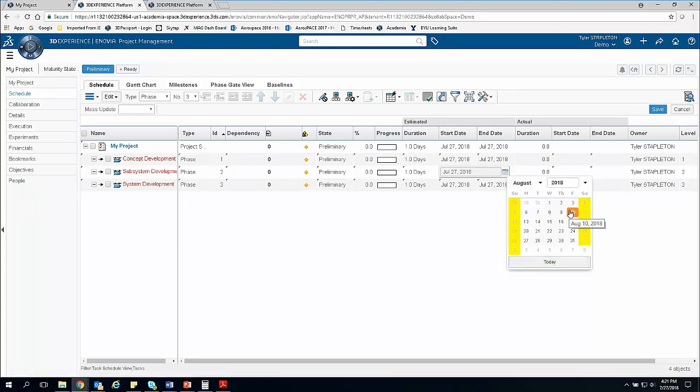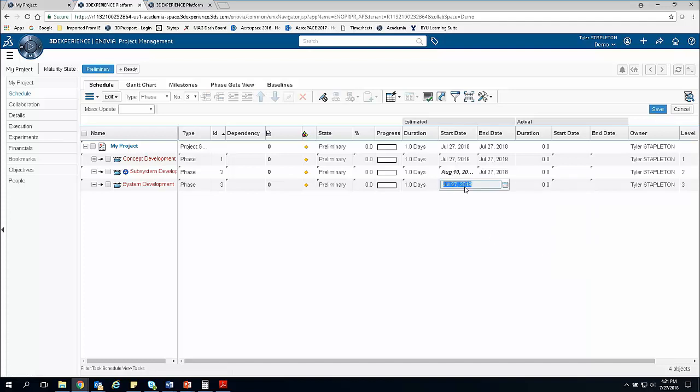Let's push it to the 10th, give ourselves a couple of weeks. And I'll give myself a couple of weeks on this one as well. We're going to push this into August, push this to the 24th, and we'll save those. Alright, now